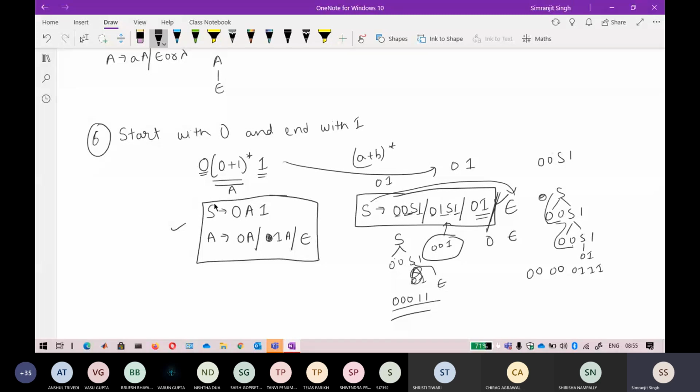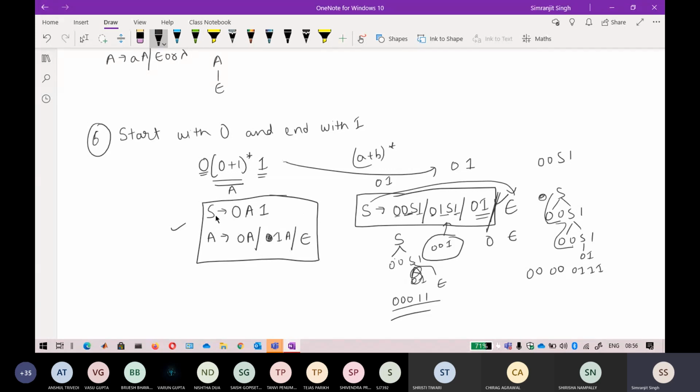The grammar always starts from S. If you are able to reach epsilon from the starting symbol, it means that epsilon is in the language. That is the first thing. But if you write epsilon in further production rules, it does not mean that epsilon will or will not be a part of the language.